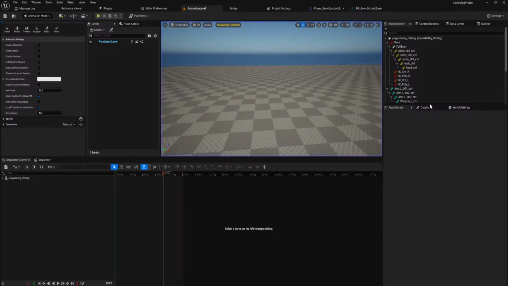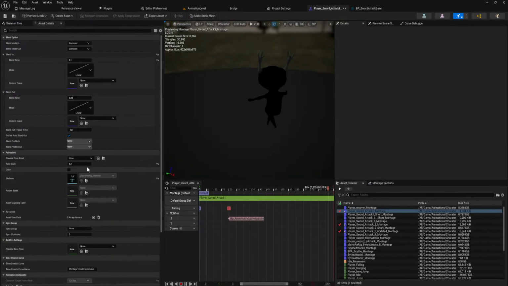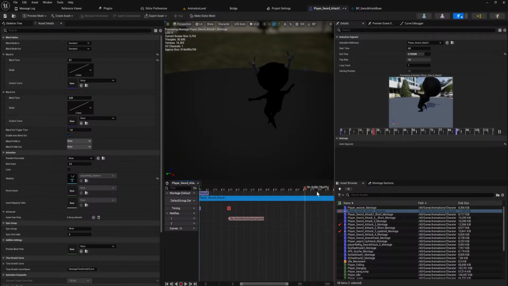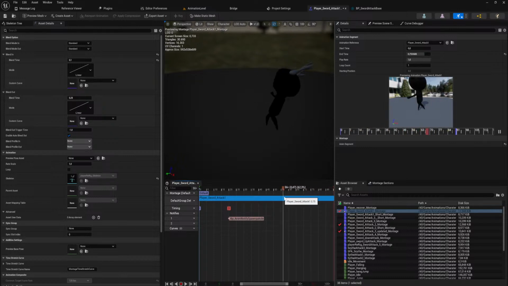That is better. Which implies that it is something to do with this animation. Okay, at this point, it's 0.75 seconds long, meaning that it can start blending out at 0.5.